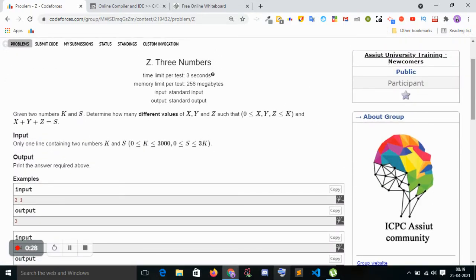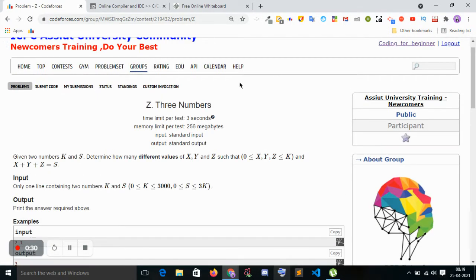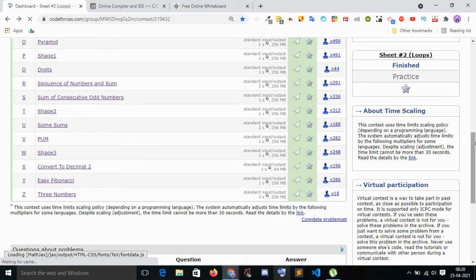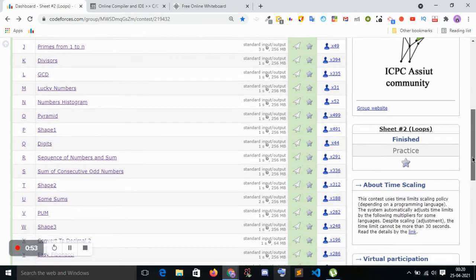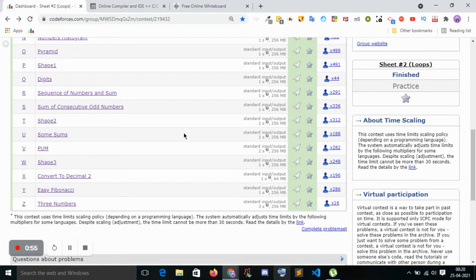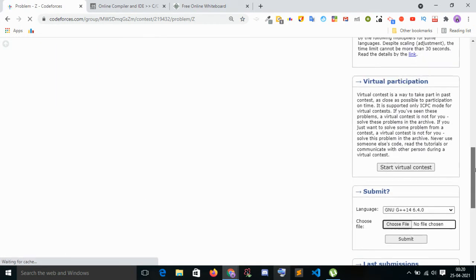Another thing that we know is that there are some problems in sheet 2 that mention prime, and a divisor, prime from 1 to n. There are many efficient algorithms, like GCD and Euclid GCD, and we are going to learn them in our next video. Today we are learning three numbers, and there are some formulas to solve this in O(1), with constant operations, constant time efficient.